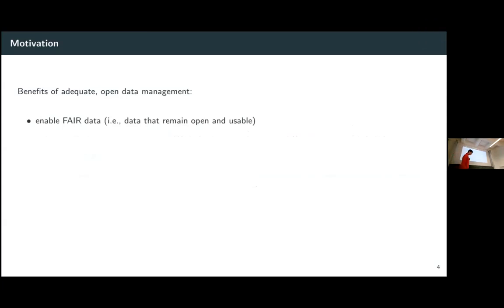So what are the advantages of data management? So the first one, proper open data management, is that it enables FAIR data. You cannot have FAIR data without managing your data well. That was covered in the previous slide, but it's not the only advantage. You also have,